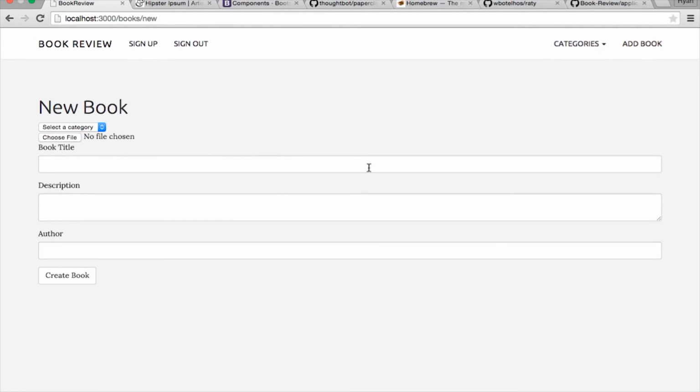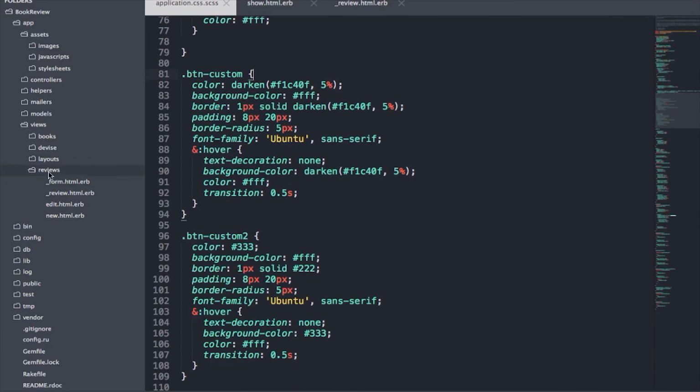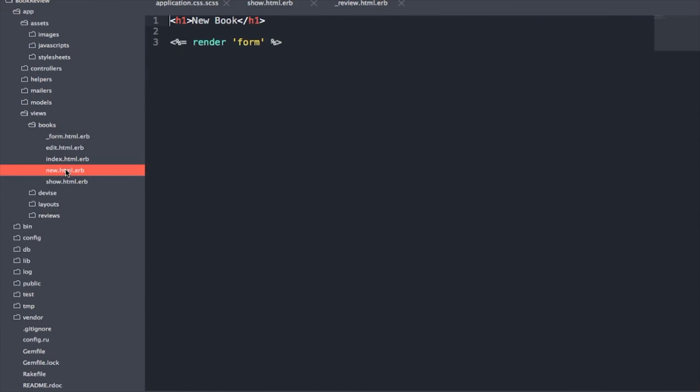As you can see, it's pretty stretched here, and we want to add some columns to center it. So let's go back in here, and we're going to go to the books new.html.erb, and we're going to surround this in a div, the class column medium 6, and we're going to offset that by 3. So we're going to offset by 3 on both sides, and this adds up to 12, so it's going to center the content perfectly. And that div tag,